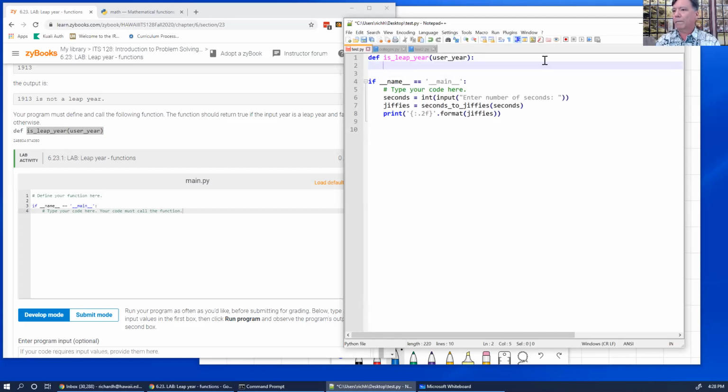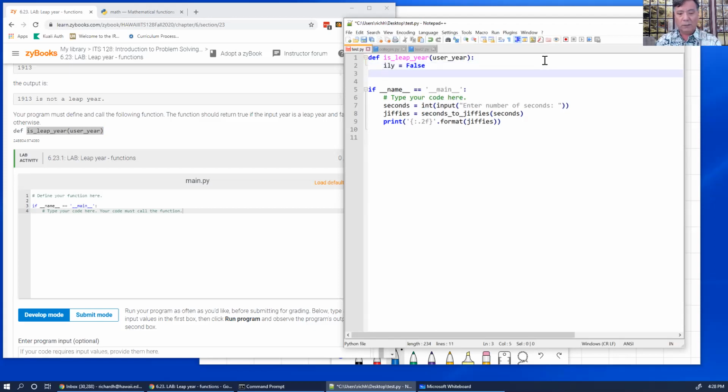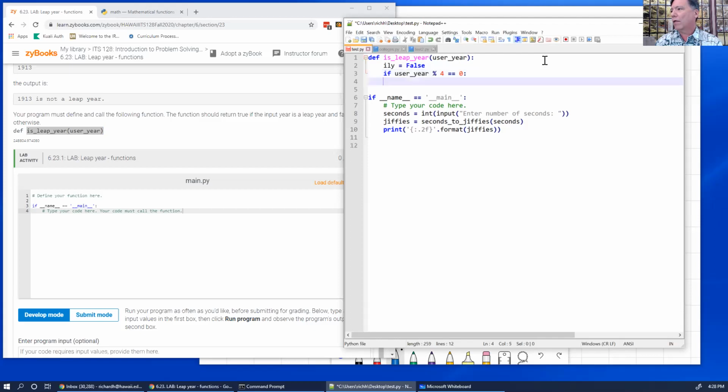I'm going to start out by saying is leap year equals false? We'll start out by saying it's false. And then I'm going to say if user year mod 4 is equal to 0, then